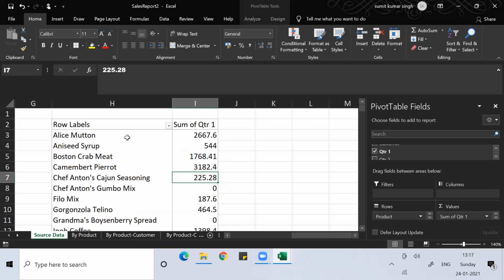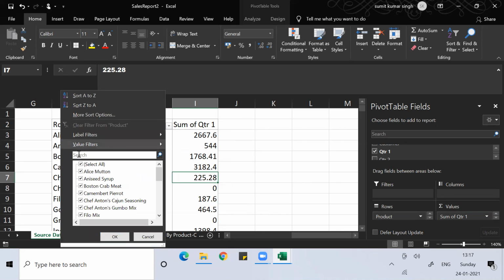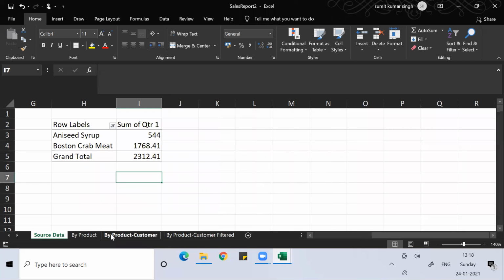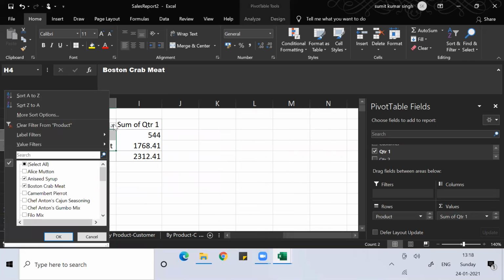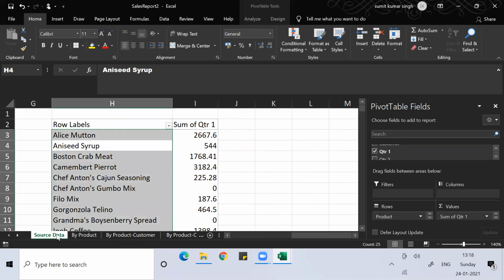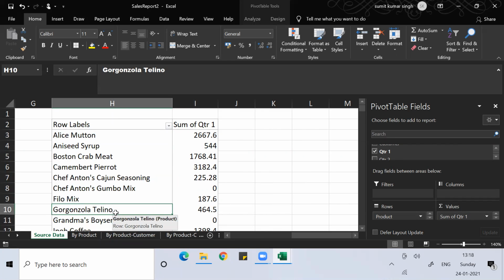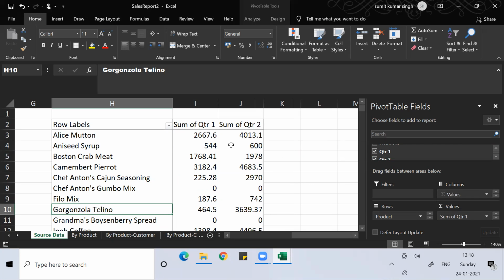Under the sum also, if you want, you can put a filter here, like the way we did filter. Under product also, if you're looking for only one or two products, you can do that. You can work with that filter very easily here. Remove Select All, tick Select All, and everything came. That way it will be helpful for you. You can tick Q1, then you can click on Q2.